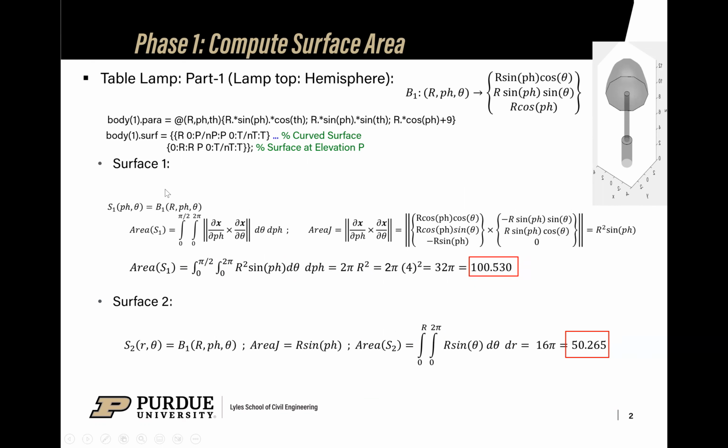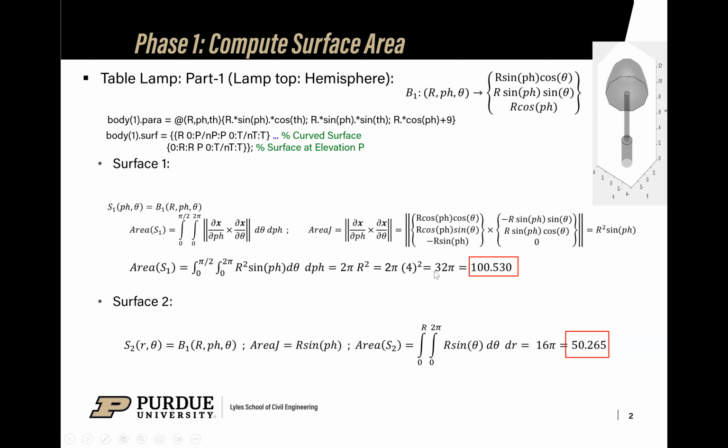Coming to surface one, that is the curved one, it is a function of phi and theta. I've calculated the area Jacobian by differentiating the parameterization with respect to phi and theta, which comes out to be r square sine phi, and then calculated the area by just integrating this area Jacobian with respect to the limits of phi and theta, which are 0 to pi by 2 and 0 to 2 pi, which comes out to